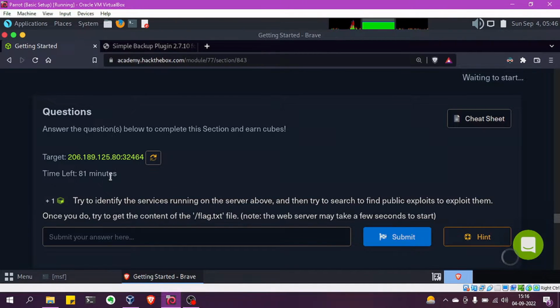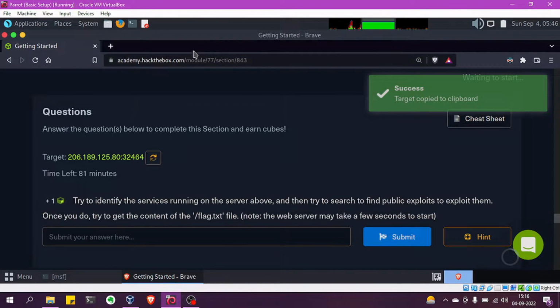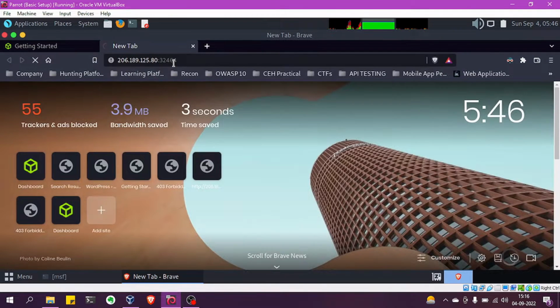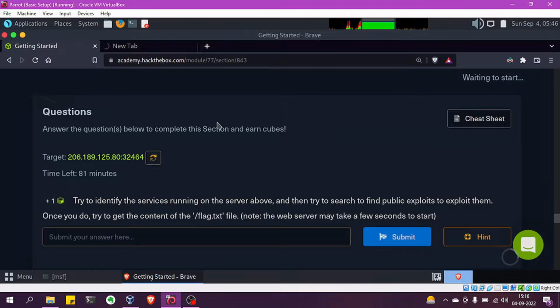Okay, so I have turned on the machine. This is our target server and we will hit our target. This module basically talks about the publicly available resources from where you can get a publicly available exploit for any specific vulnerable service running on any web server or any server. All right, so we are going to see